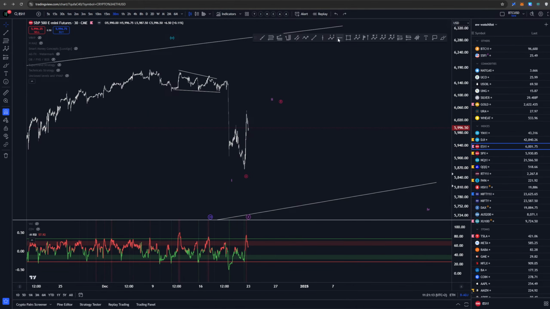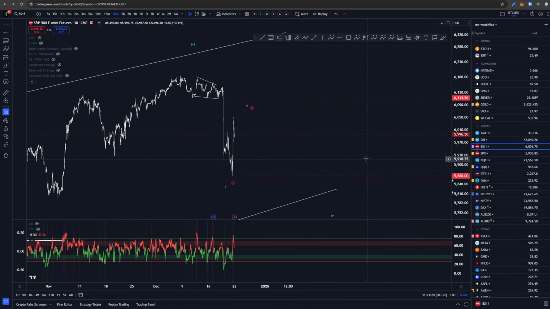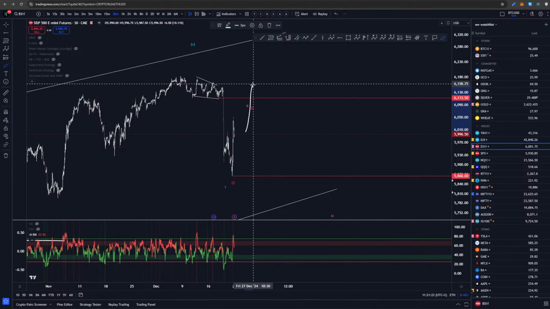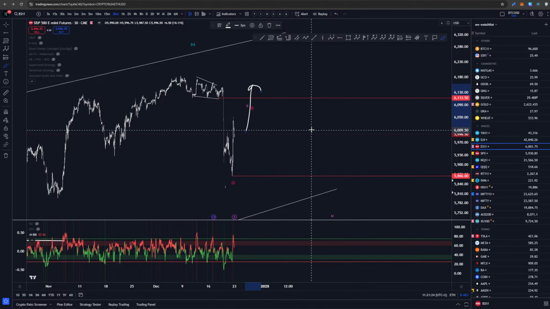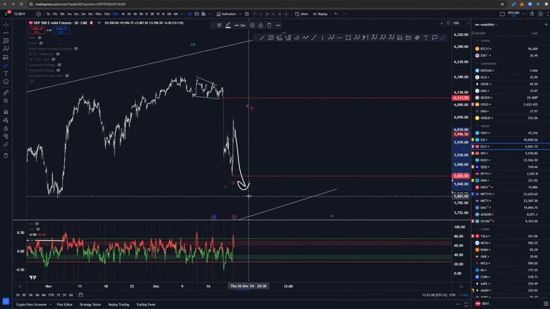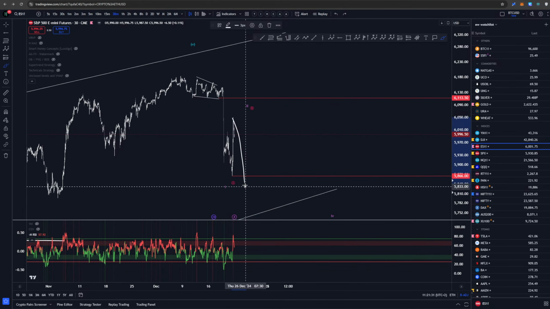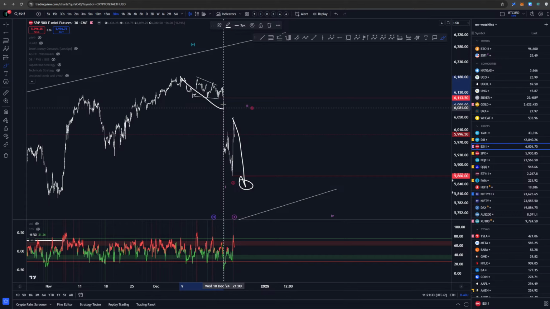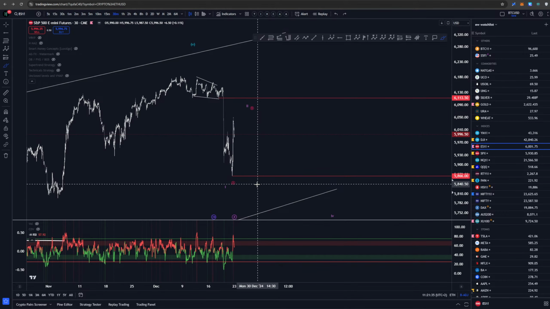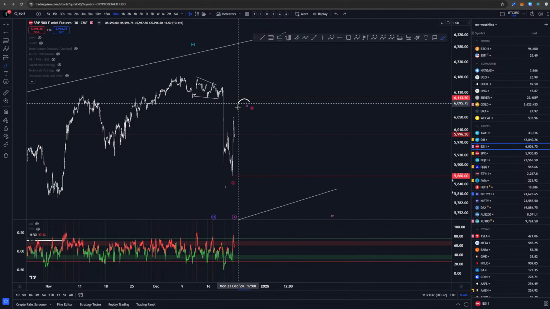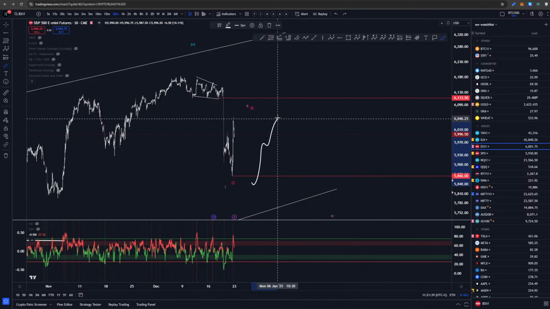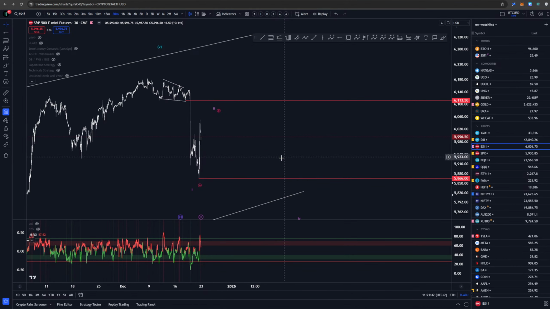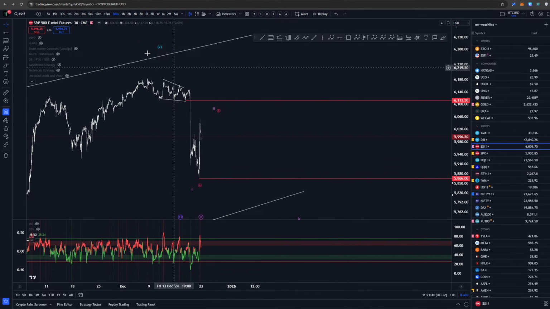So we have 2 areas of interest here and here, right? If we go past this, it looks like it's bullish. If we break this, most likely bearish for a bit. If again we create one more low here, we would be creating 1, 2, 3, 4, 5, and then we can take a look at it again if we are going to be looking to create a wave 2 or wave B. But for now, these 2 are the main areas of interest.